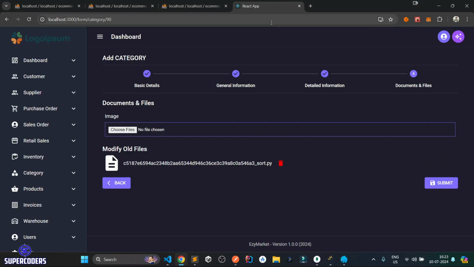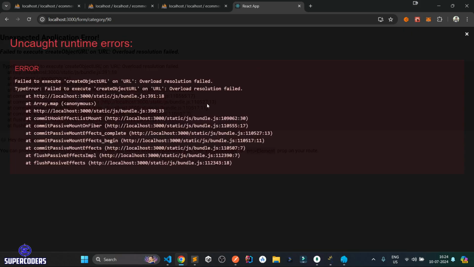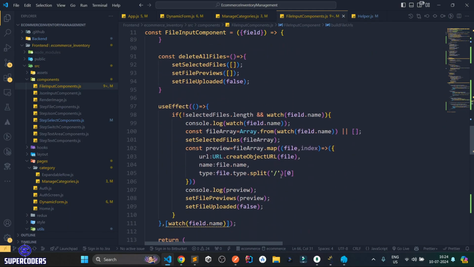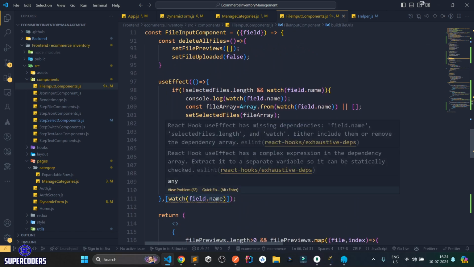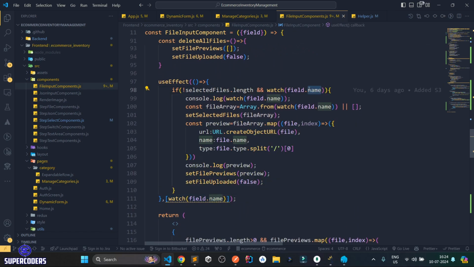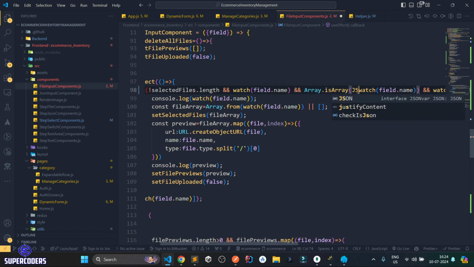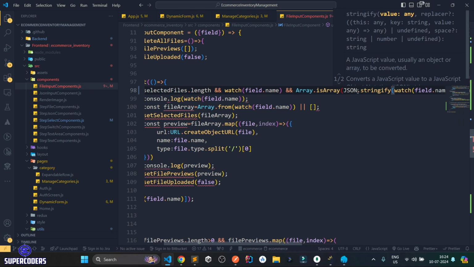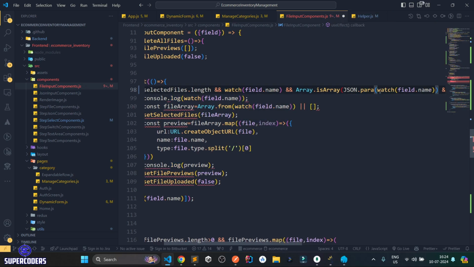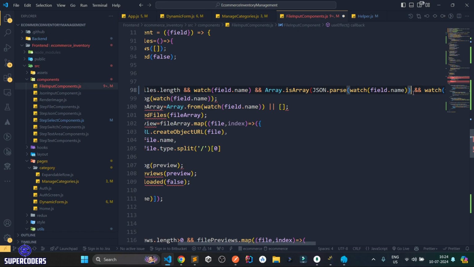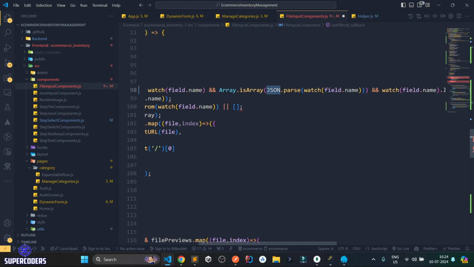Back to Chrome, refresh page, and it is gonna break just because of this way, because this watch field dot name gonna trigger when you're changing the value. So here what I gonna do, here adding some logic, watch field dot name and adding a condition, and array dot is array watch field dot name, make it JSON dot stringify or JSON dot parse, is array, and